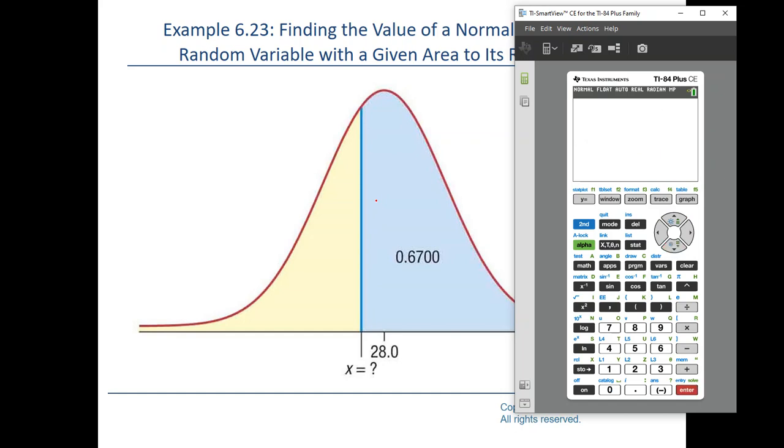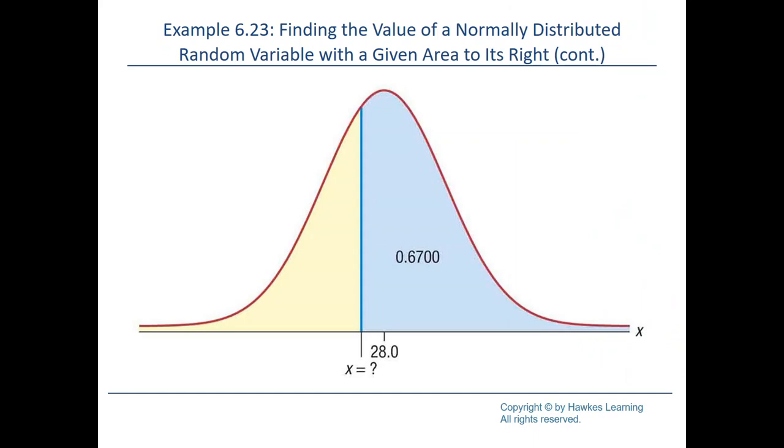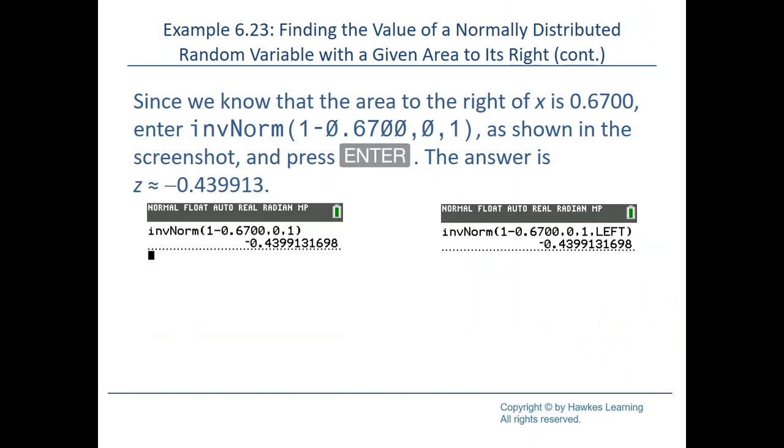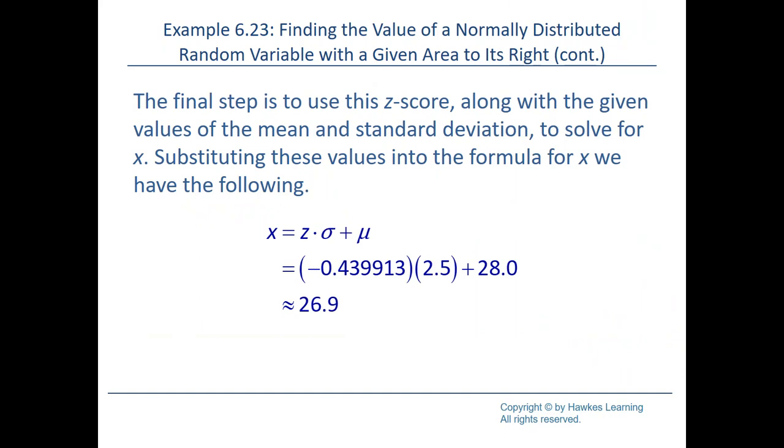Now, if you were looking at the table, this is what you'll end up finding as your z value, which is basically a negative 0.44, and then you'll have to do your conversions. With the conversion, that's where you actually use that formula, which is your z times your standard deviation plus your mean. When you do this, I do recommend taking, as if you're using the calculator, all the decimal places that you can get before you do any rounding, okay? And you're going to get that x value to be approximately 26.9,